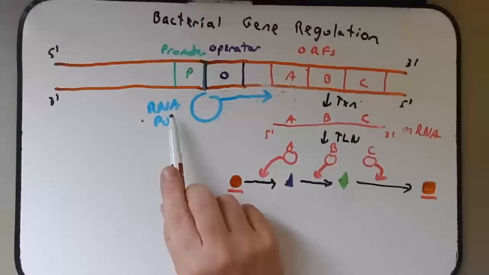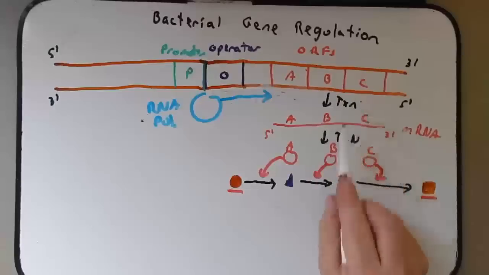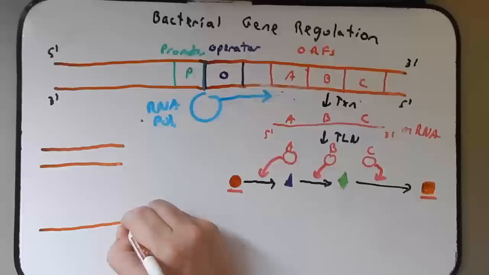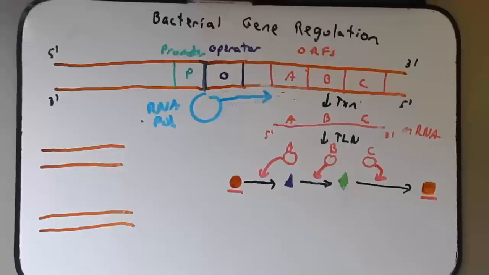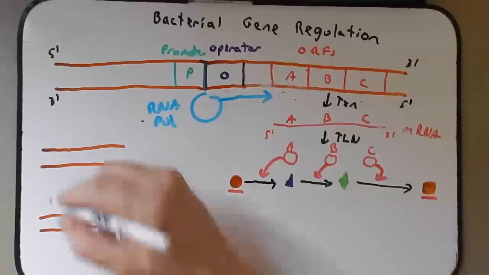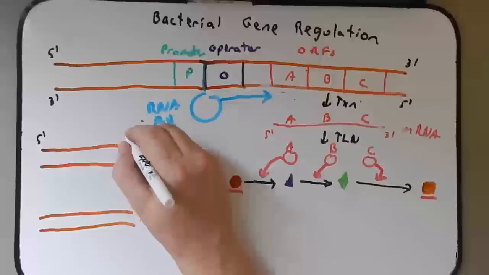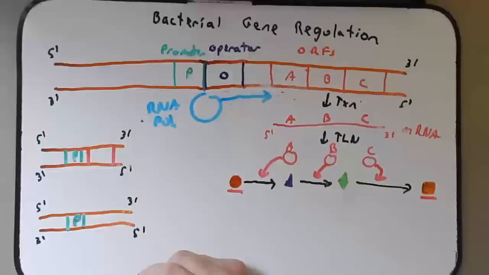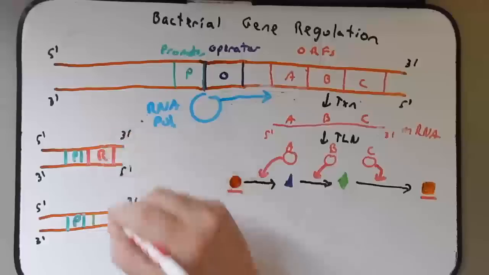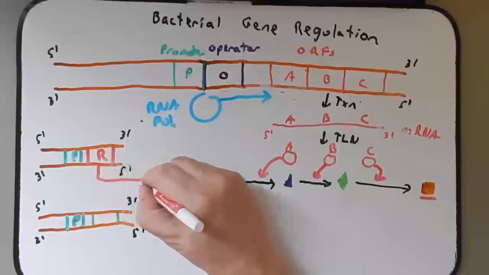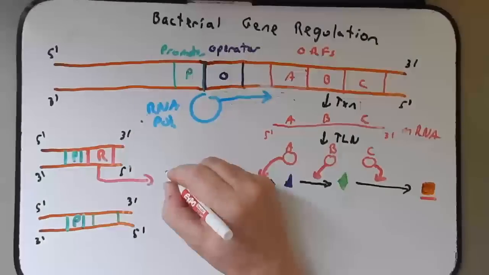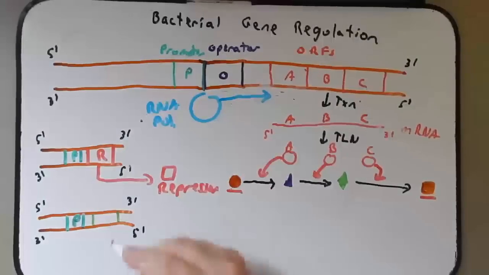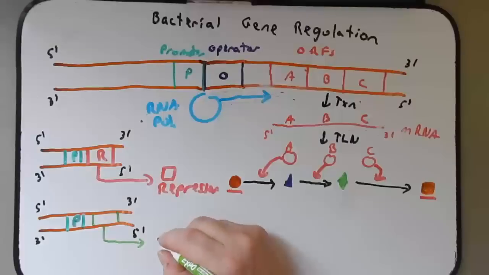So what's going to regulate whether or not RNA polymerase transcribes these genes? It turns out that there are 2 other genes that are going to be important in regulating this operon, deciding whether or not to turn it on or off. These other genes are not part of the same operon, they're separate from it, and each of these promoters regulates a separate open reading frame. This one I'm going to call an R. And that's because the protein that it makes eventually, it'll make the messenger RNA, then the protein, but it's going to make a protein that we're going to call a repressor. This one down here is going to make a protein that we'll call an activator.